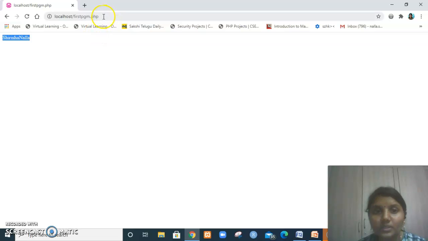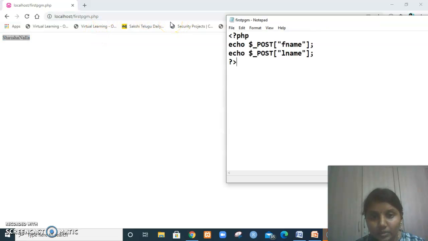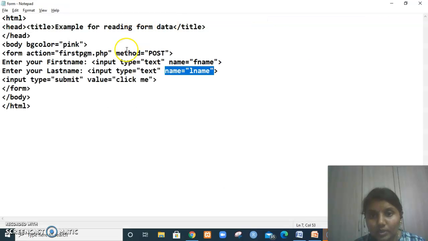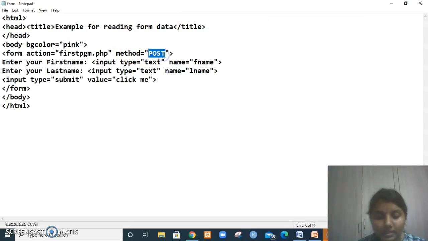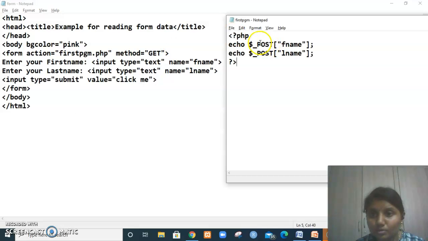When you use post, you're not getting anything in the URL. But let me make a small change: instead of post, I will give get, and change it in the PHP as well.